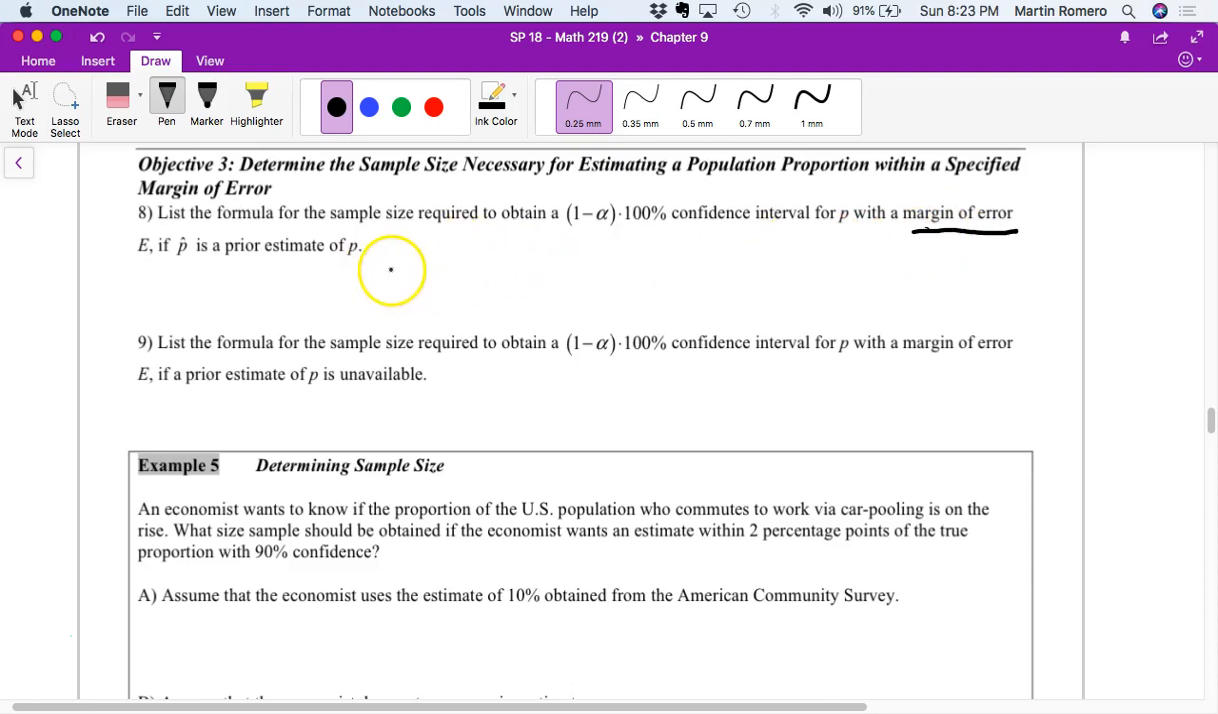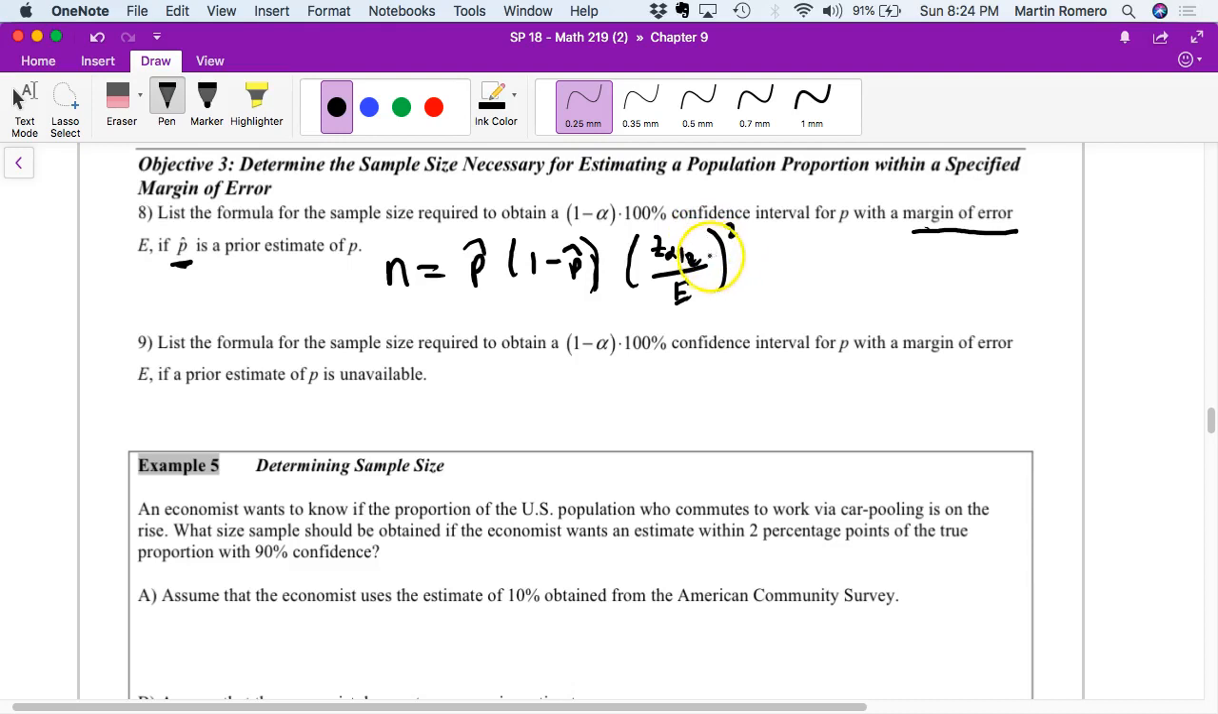The formulas look complicated, but it's pretty easy. There'll be times you want to estimate the sample size required to create a confidence interval with a certain margin of error when you have an estimate for the p-hat. If you have an estimate for the p-hat, it's going to be p-hat times 1 minus p-hat, and then you multiply that by the critical value, z alpha over 2, divided by your margin of error